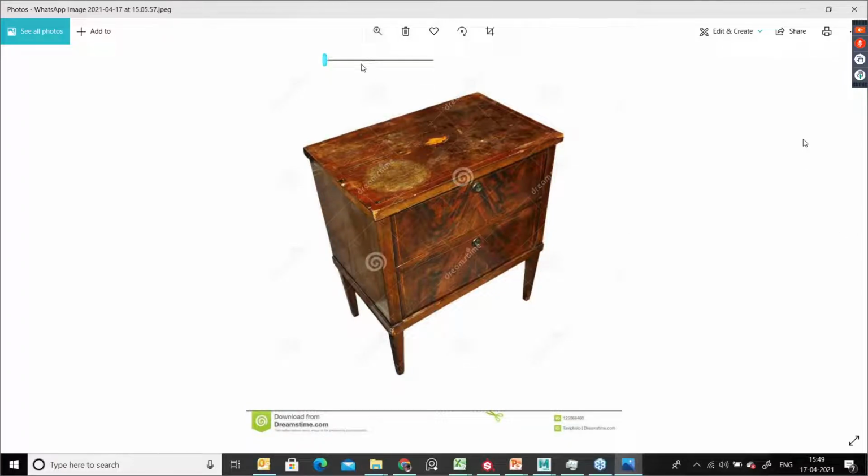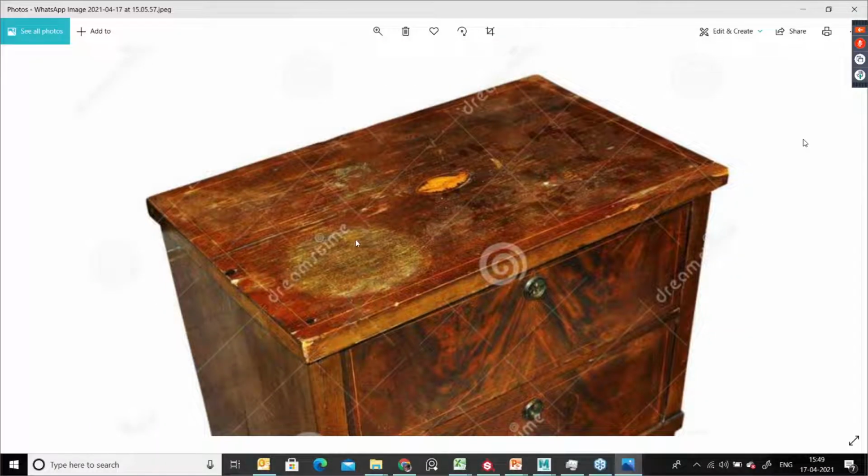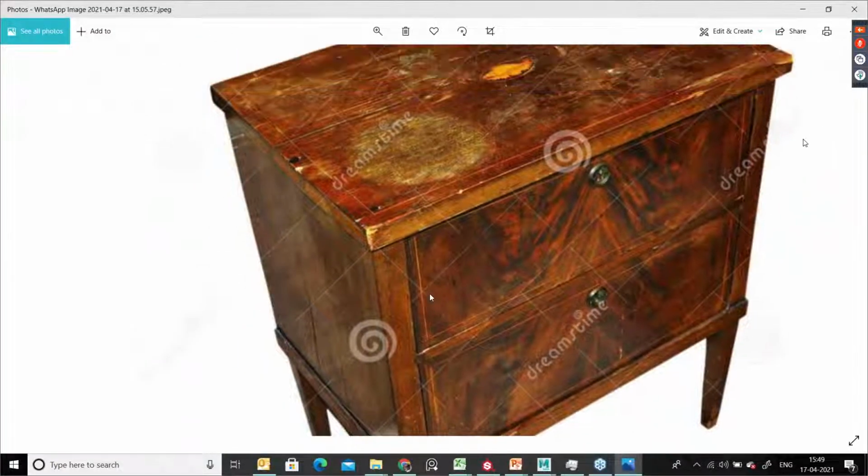See here, this image also we can identify. On the top of the table, they kept some water jet or something. Because of that, the entire wooden pattern is damaged, and a lot of scratches happened. So you can just study that.